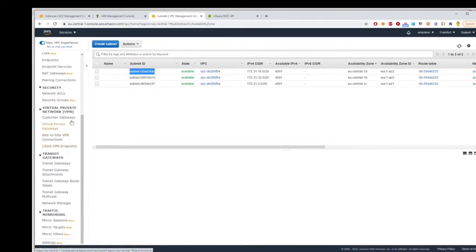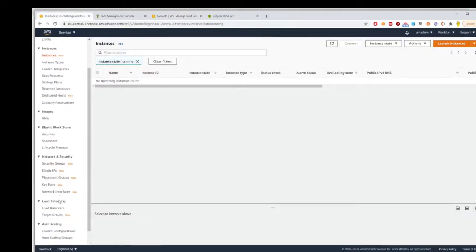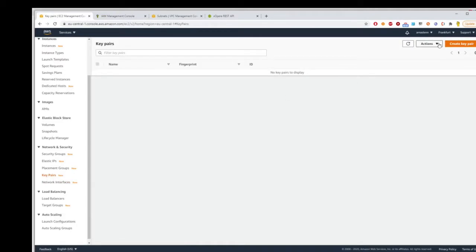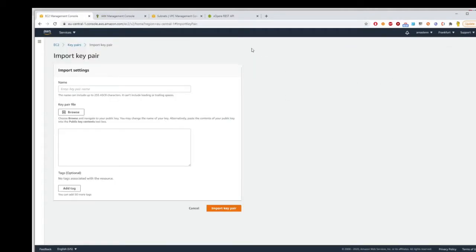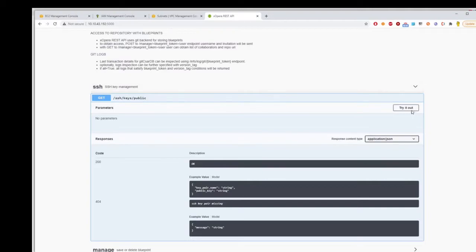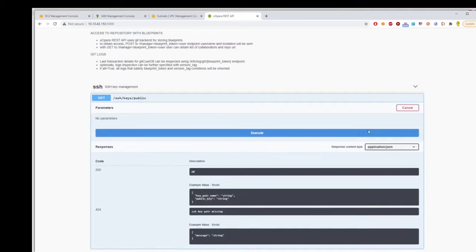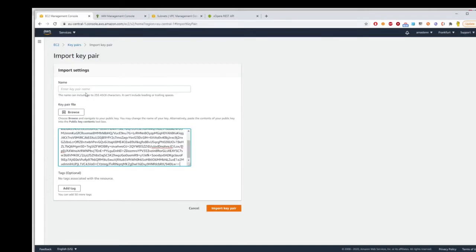To do this, we go to Dashboard, Key Pairs, and import a new pair. The value of the pair should be taken from the Xopera REST API. Let's call it Xopera.